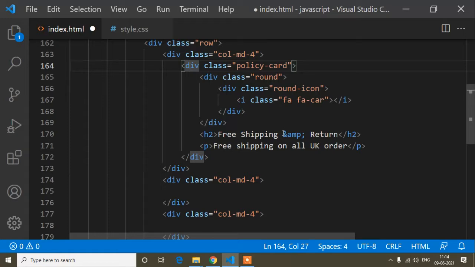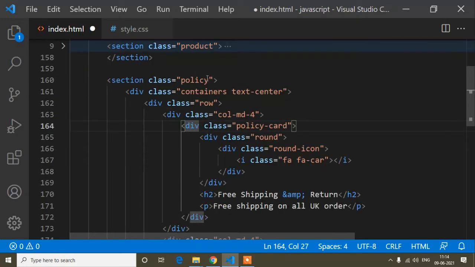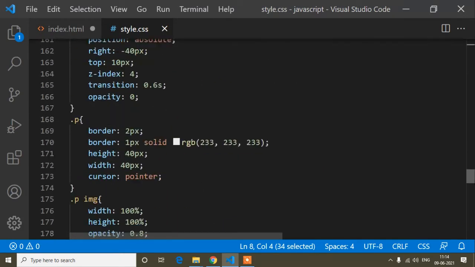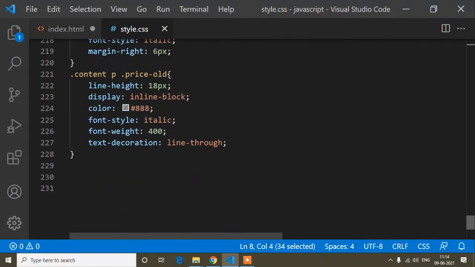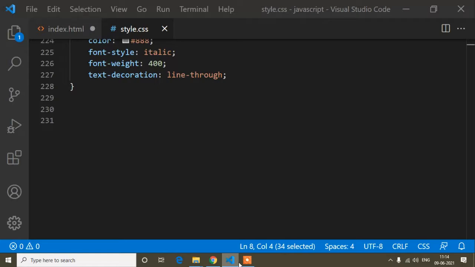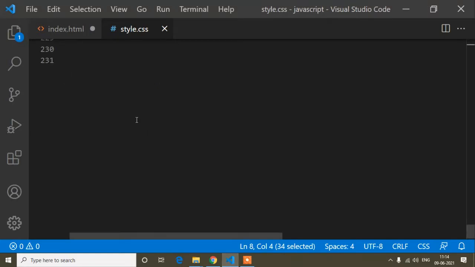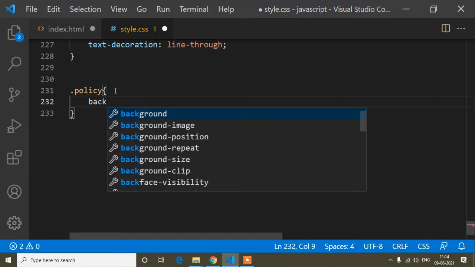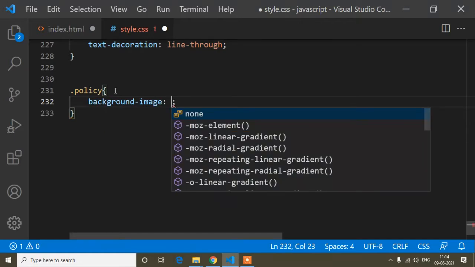So guys, here first of all I will copy this policy class, and here I have already written some CSS, so I will go below, because that CSS is only for the previous design. So now I will write the CSS starting from here. Okay, so policy. First of all, inside this policy class I will add a background image. So background-image and url.